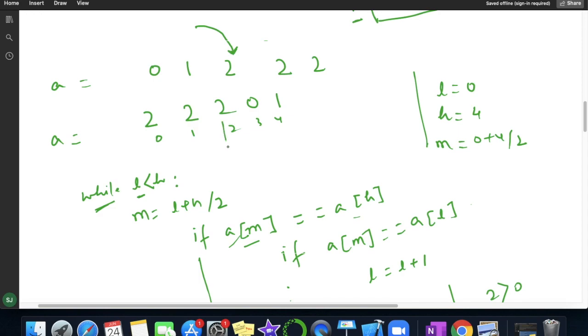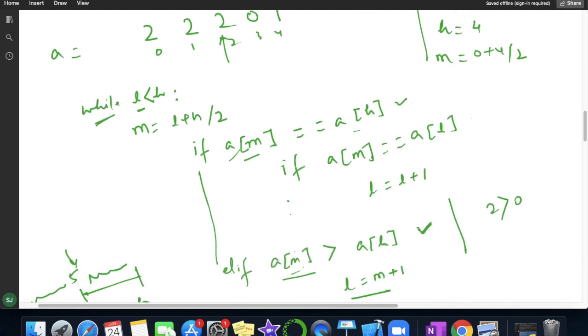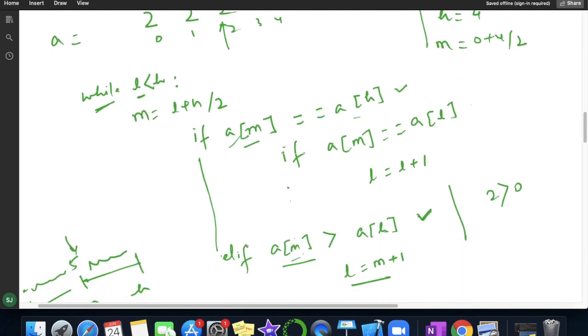So this is my mid value. Now I am checking the condition like, if value present at mid equal to high, no, this is not satisfied. So it will go in this elif condition. Now it is checking if a of mid greater than a of high, yes, this case is satisfied.